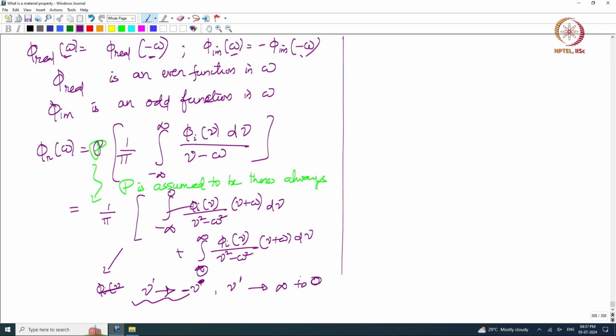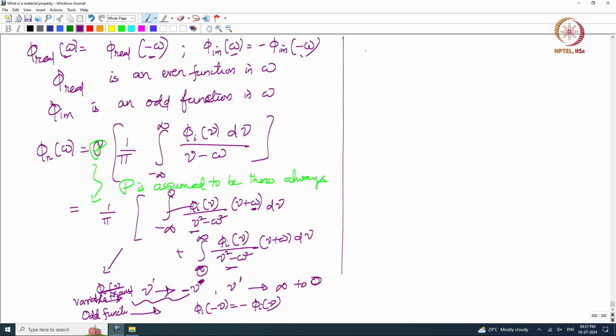I can do that sort of a transformation, and then I can show that phi I of minus nu equals minus phi I of nu. I can use these two facts. So I do a variable transformation, and I use the fact that phi I is an odd function, then I end up with this integral and this integral, where the omega terms will cancel off,